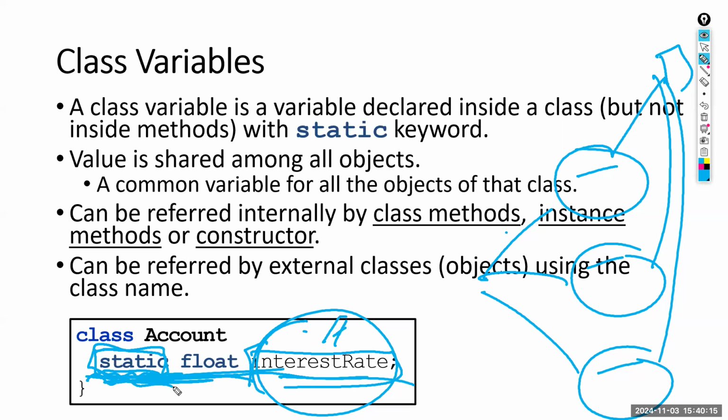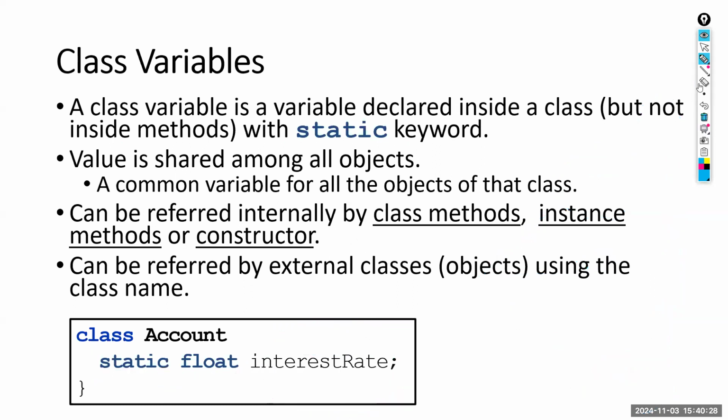Not specific to each and every instance. So you can use your common sense and decide whether it should be an instance variable or a class variable. You must be able to take that decision. If you can't, you must develop that skill. Okay.